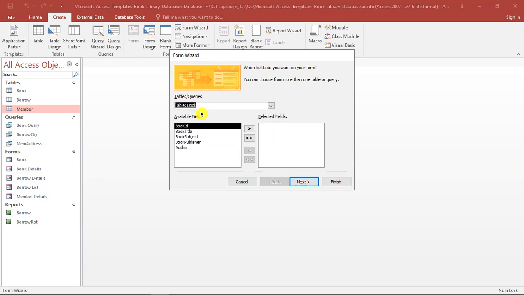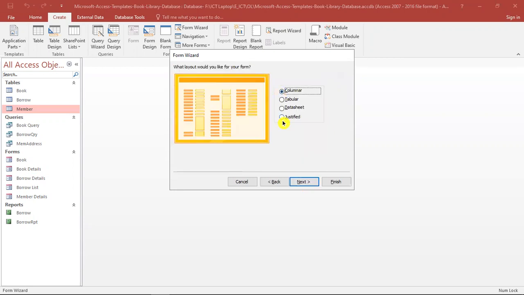Then I am using this book table, and we can see there are some available fields we can select for the form. I'm going to select all of them, not by clicking one by one. I can use this double arrow to select all the fields at once. Then I click next.